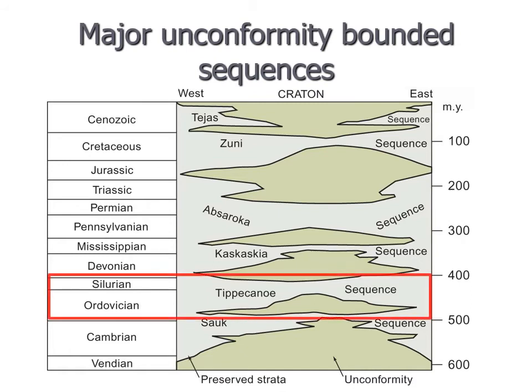So we're here in the Tippecanoe sequence. We raise sea level in the Cambrian, dropped at the beginning of the Ordovician, the middle of Ordovician. Then we start building it back up again. And notice that we have a longer period of time where our sequence is all the way across the craton. Our sea level goes all the way across. With the Sauk C, it was a relatively short-lived high stand of our transgression, but the Tippecanoe lasts considerably longer. So the Ordovician and Silurian and Cambrian, really mostly Cambrian Ordovician, these are time periods of generally high sea levels.